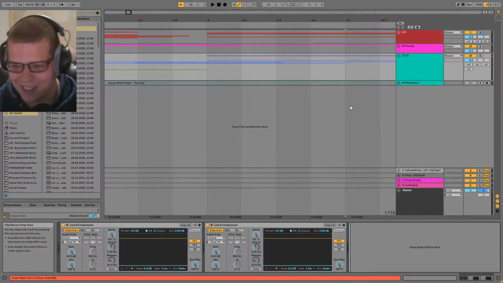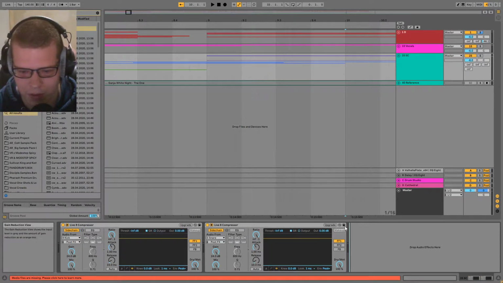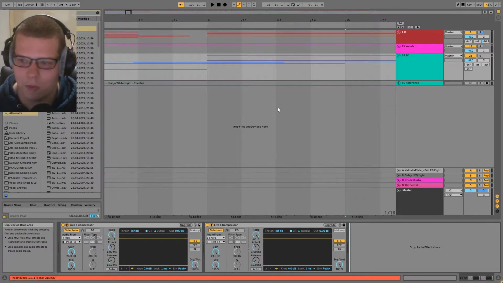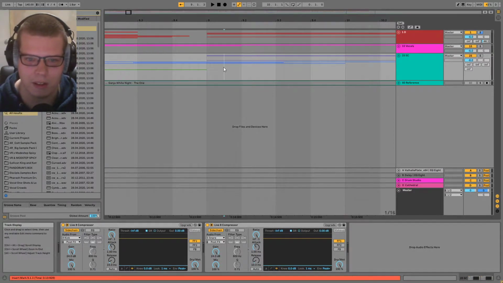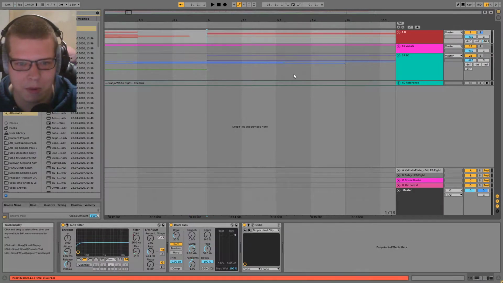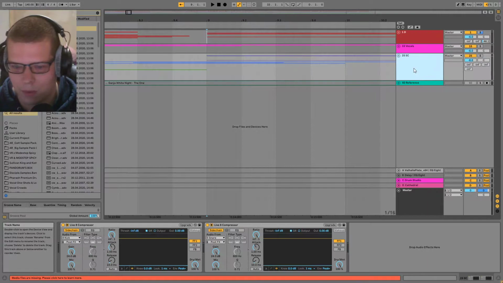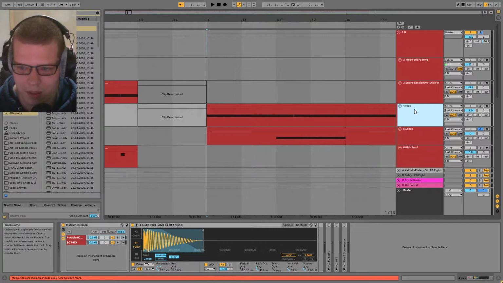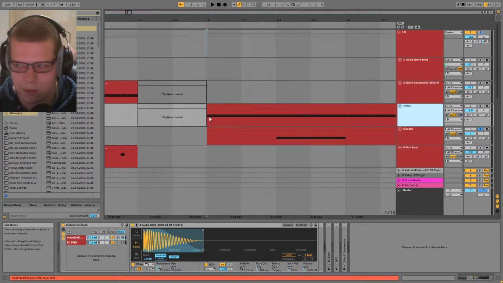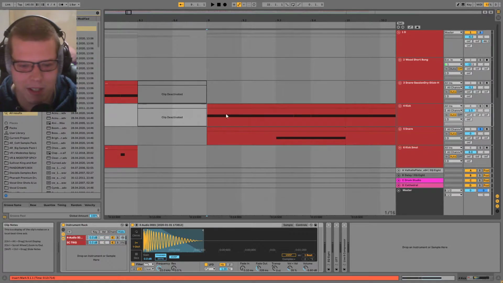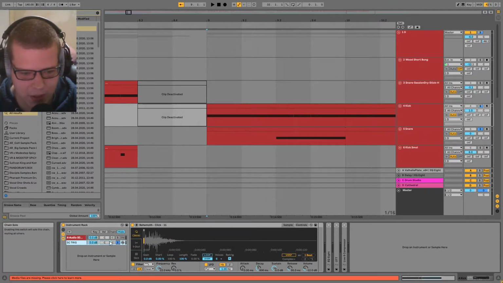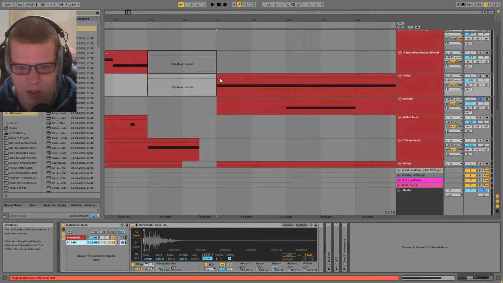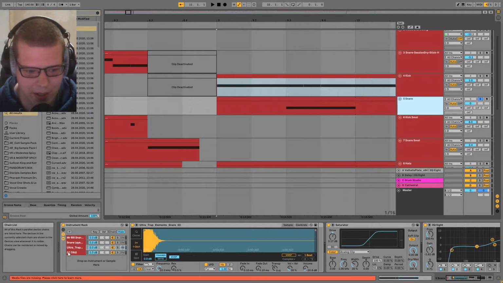The reason I use the Live 8 compressor is because there's no click when it ducks. If you've sidechained in Ableton before, you know that when the sidechain hits, there's an annoying click, and it actually can be audible in the final track. With the Live 8 compressor, that just doesn't exist. So yeah, that's what I use to sidechain. And how I sidechain is I have an SC trigger. So I put my kick in a group and I put my snare in a group.